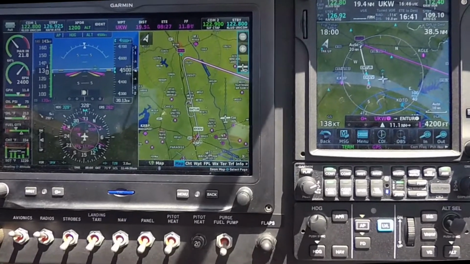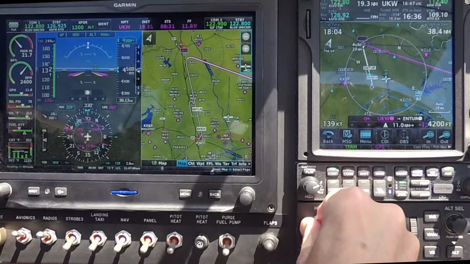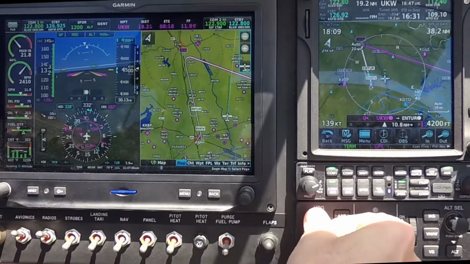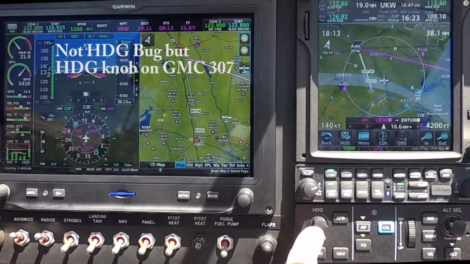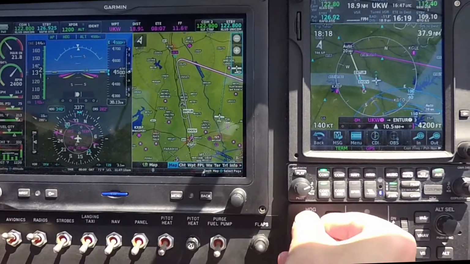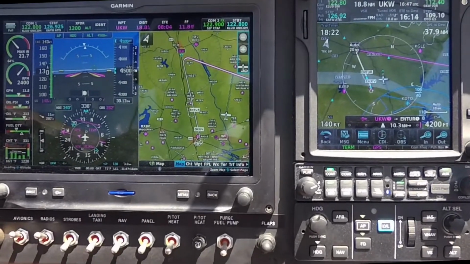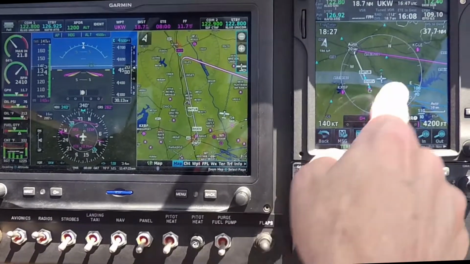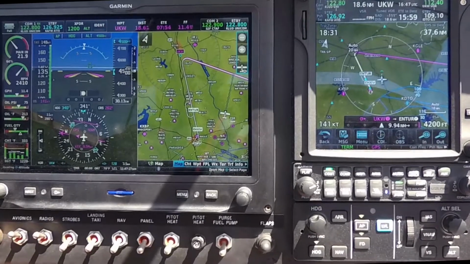So if I were to get an instruction to fly heading 340, traffic Archer 674 Alpha, turning left to intercept that radial, I just use my heading bug to get my heading over to 340. Okay, I've got the heading dialed into 340 now, and I'll enter. When I get to the radial, I can then just hit my nav button on the autopilot, and I'll go